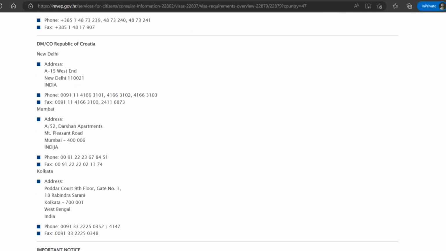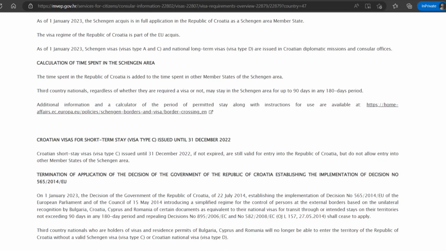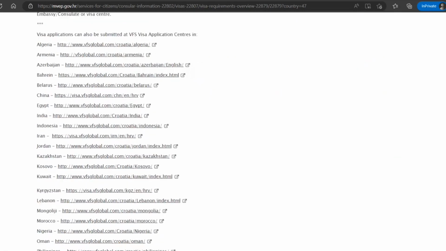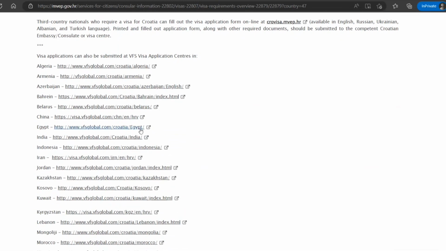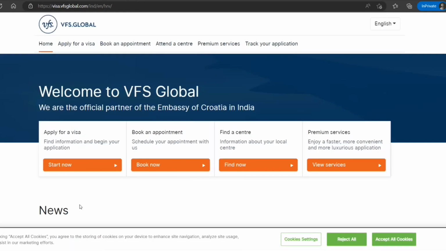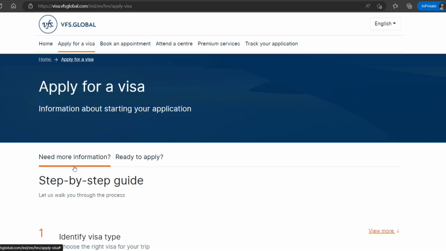And also the address. So when it comes to submitting the application, in India, they have outsourced it to VFS Global. So if you click on this link, it's going to open. So we are going for a short-term visa type C, right? We all know that. If you go here,